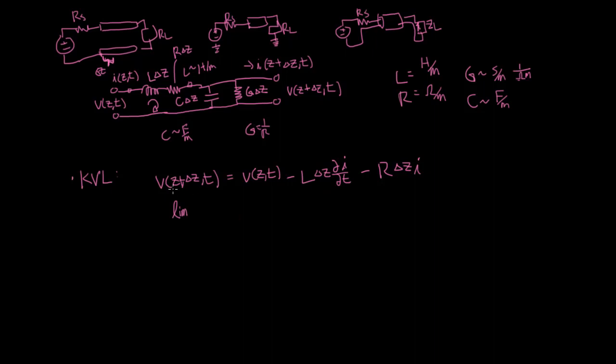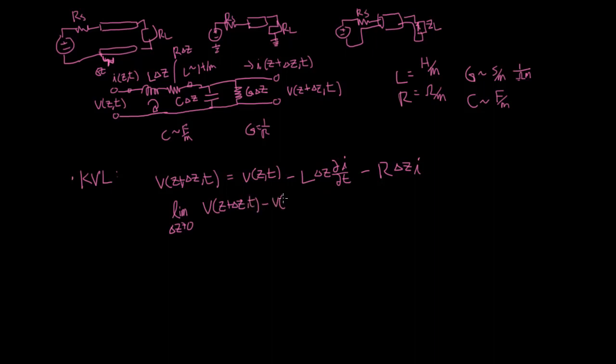So one of the things here is you see there is V of Z plus delta Z. Over here you have V of Z, T. So if you take the difference between these two and divide it by delta Z, you're going to get the definition of a derivative. So let's just start by taking the limit as delta Z goes to 0, and then we're going to subtract this V of Z over. So you have V of Z plus delta Z